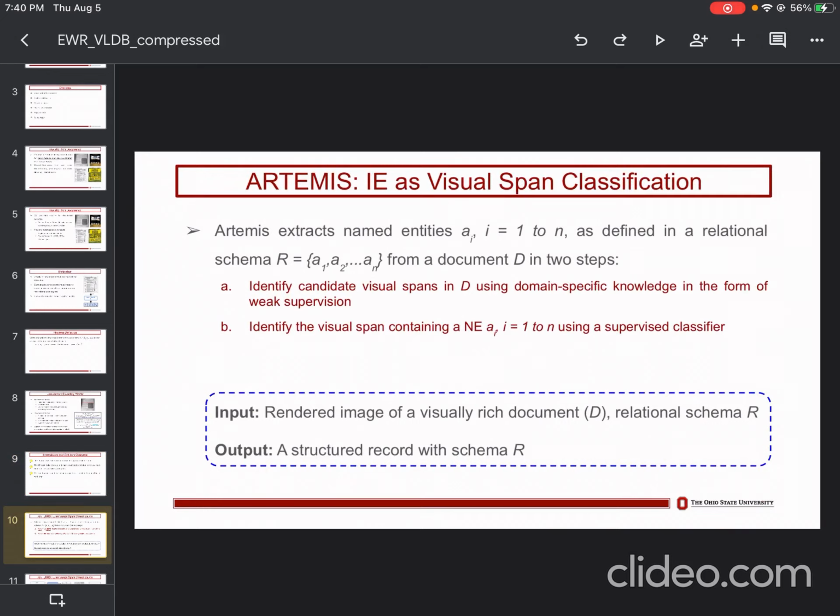In our paper, we show that Artemis can extract named entities from visually rich documents using two steps. First, it has to identify the candidate visual spans in the document where a named entity might appear. To do that, we incorporate domain-specific knowledge in the form of weakly supervised functions that are multimodal